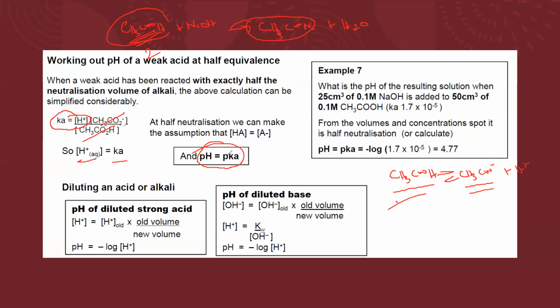Is this idea clear, how the pH and pKa relate? If we know the pKa, we can find the pH, or if we know the pH, we can find the pKa. So this is a practical way of finding the dissociation constant. You use a half equivalence point. Half equivalence point means when half of the acid has reacted, so it will form the product, and the concentration of the acid